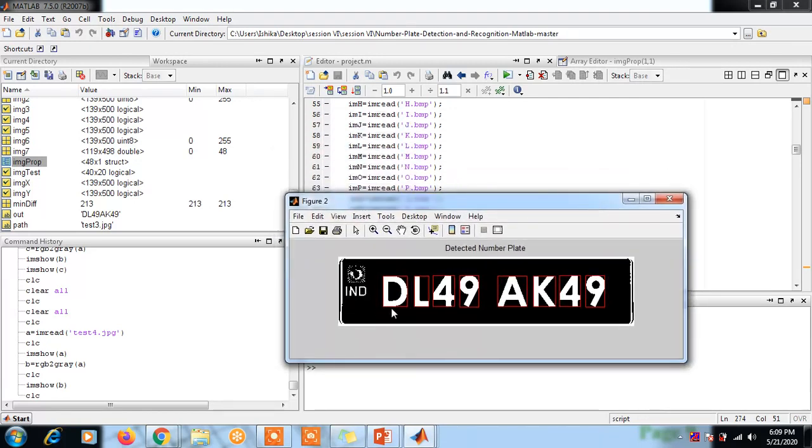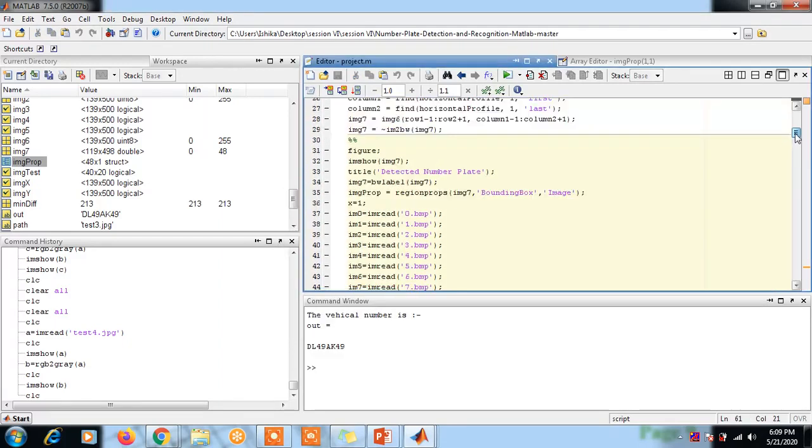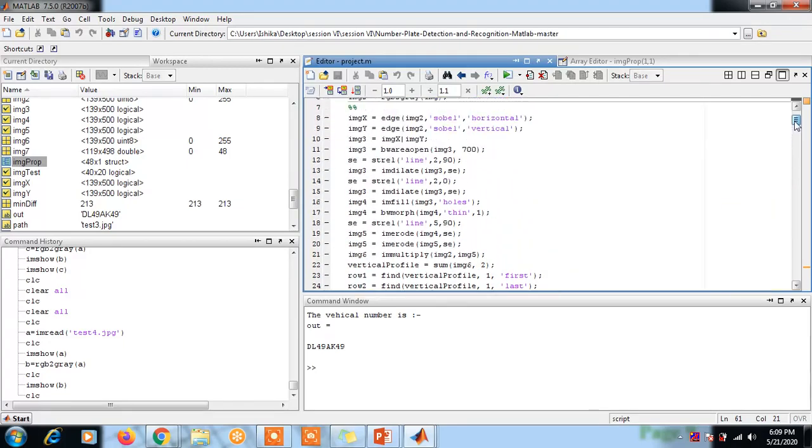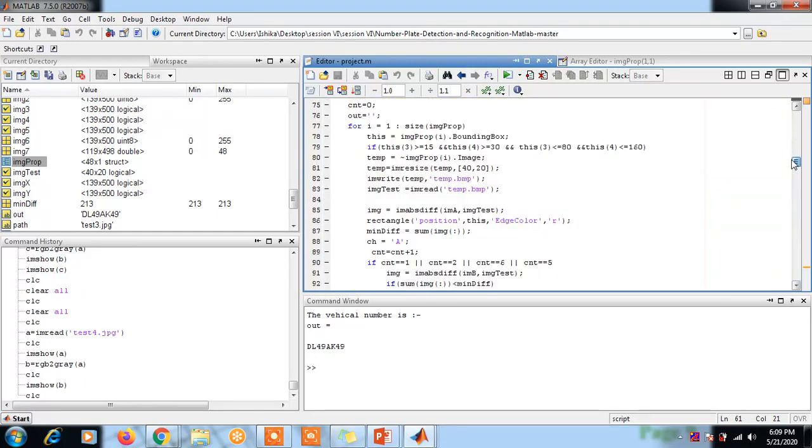Here we know that the first two letters and the fifth and sixth letters are letters and the others are numbers. So in this program we run the code from 1 to 5 and 6. Here both are the same. You write 5 here, you write 5 here. It is one and the same.